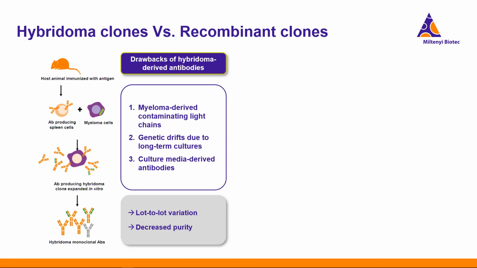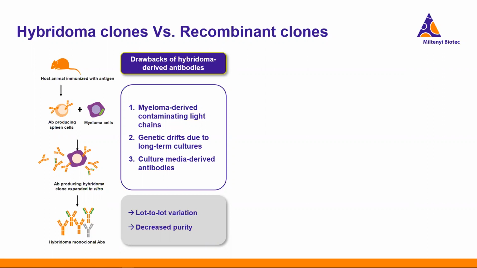As we saw earlier, when we're creating a hybridoma, the variable region, the crucial antigen binding region, is made up of both the heavy and light chains. So hybridomas are this fusion of the B cell clone you want combined with a malignant B cell. So this myeloma cell is going to continue to produce its own heavy and light chain. Therefore, a hybridoma-produced monoclonal antibody is going to have these multiple heavy and light chains commingling, and that can create unwanted antibodies. Also, remember what I said, they did this in the 70s.